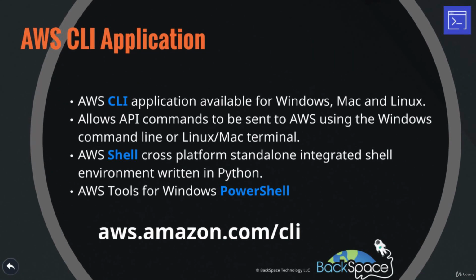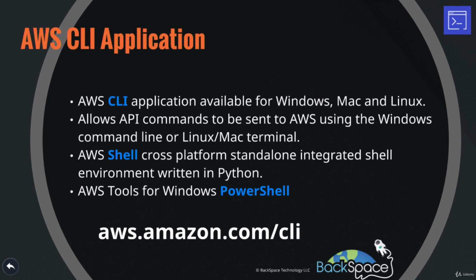Now, to start using the command line interface, the first thing that you need to do is to have an application running on your computer that can allow that to happen. So the AWS standard CLI application is available for download for Windows, Mac, and Linux. And it allows those API commands to be sent to AWS using the Windows command line or a Linux or